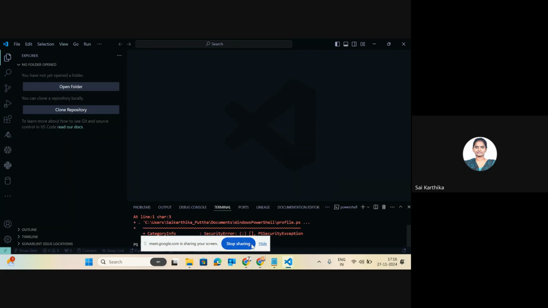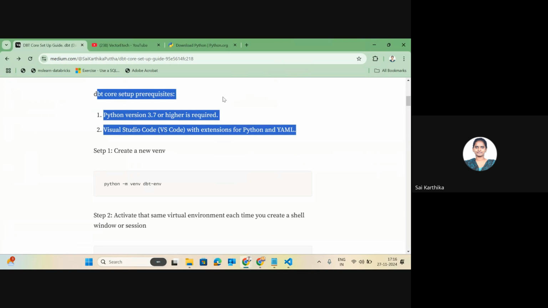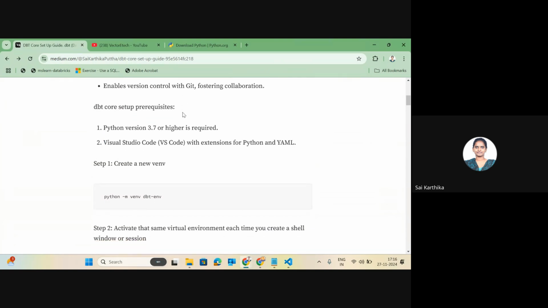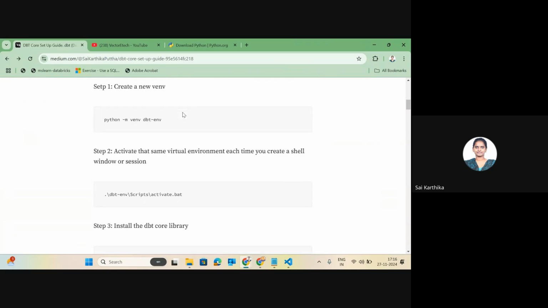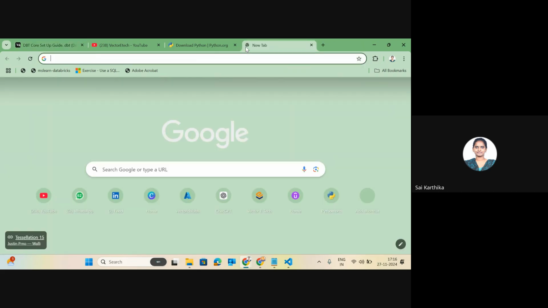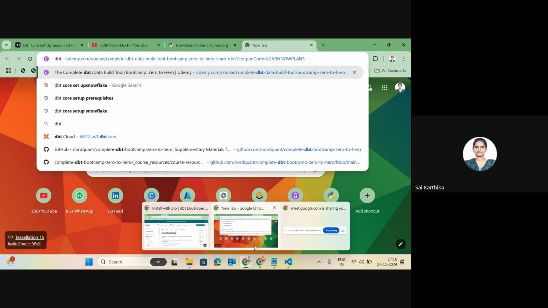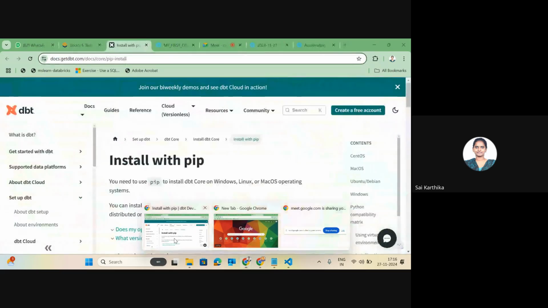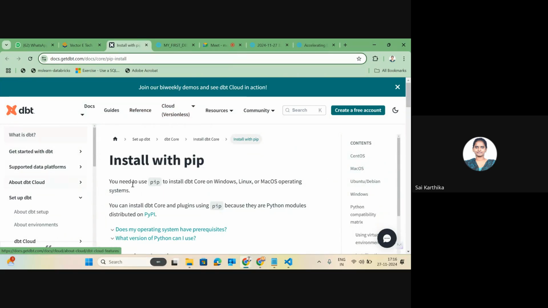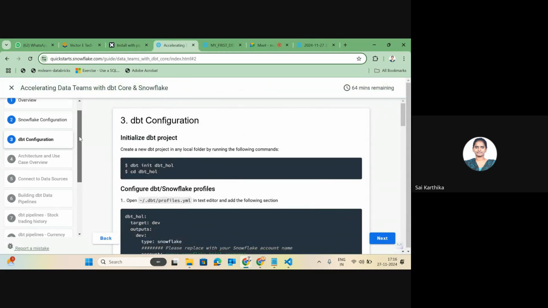Okay, once the terminal is there, follow my documentation. It is a very easy and understandable documentation. No need to go here and there. But I took reference from the DBT documentation. This is the documentation which I took reference from, and also I took reference of this one, because